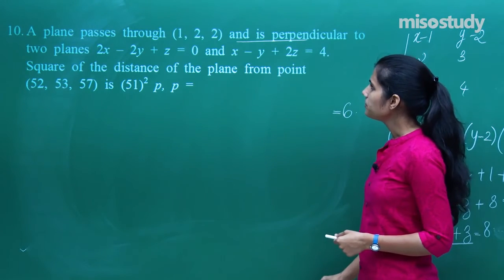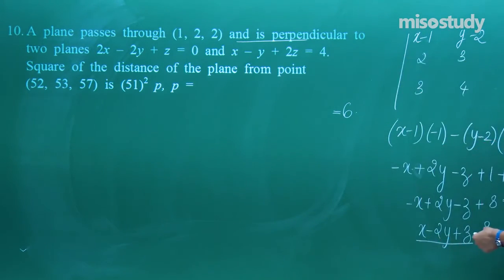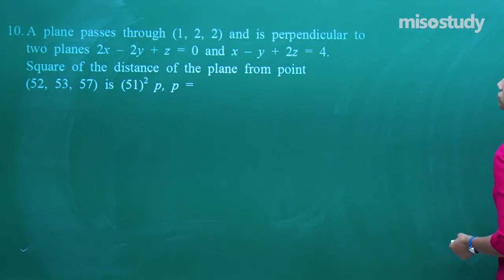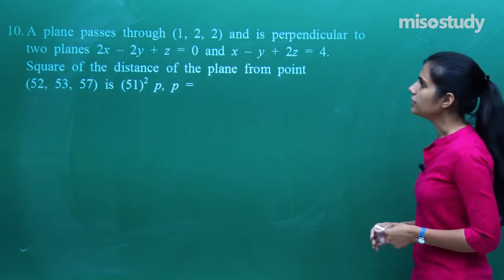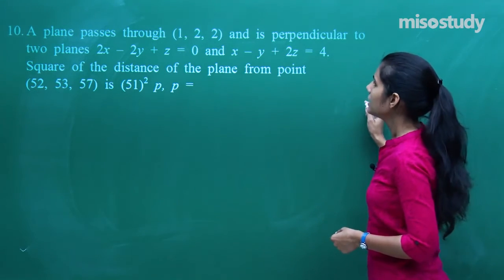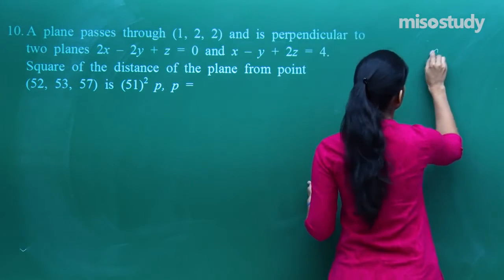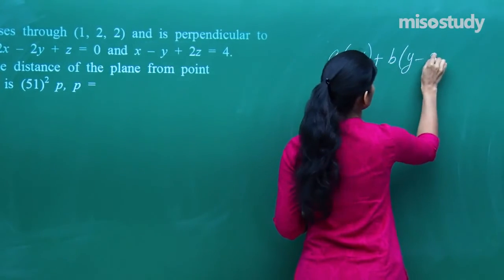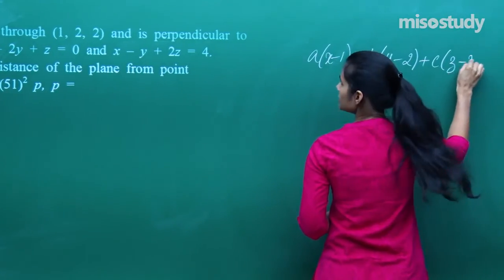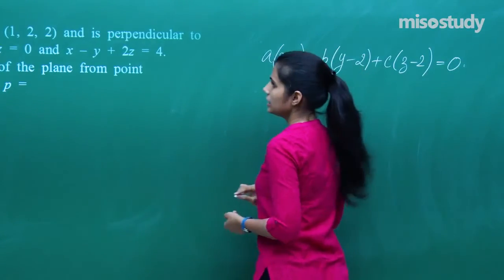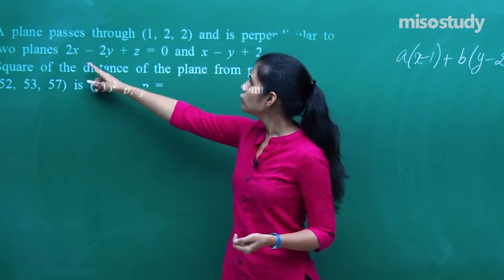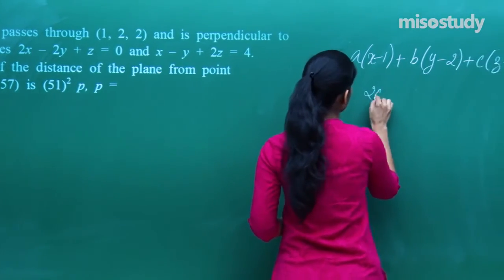Next question we have is what? A plane is passing through this point. Okay, so there is a plane which is passing through 1, 2, 2 and is perpendicular to these two planes. So if the plane is passing through this particular point, in that case, the equation of the plane is A, x minus 1 plus B, y minus 2 plus C, z minus 2 equals 0. Now because this is actually perpendicular to these two planes, you get 2a minus 2b plus c equals 0,